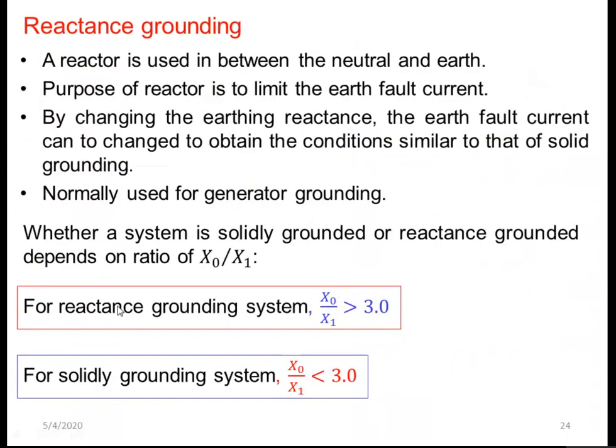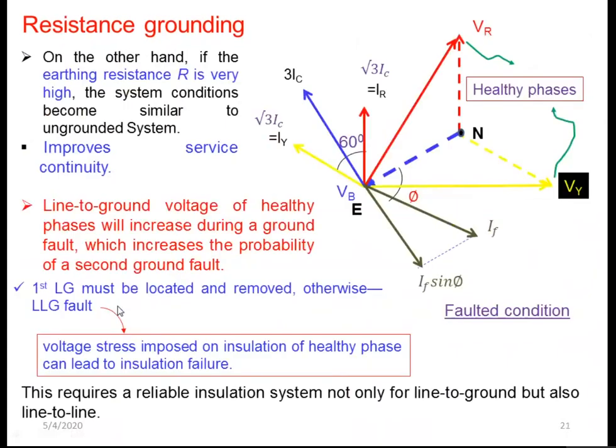But if you refer to the case of resistive grounding, this is the fault current, and it is this component of the fault current which is in phase opposition to the resultant capacitive current. So that means there is still some magnitude of current here. It will be this one here, I_F sin phi or cos phi actually. So that magnitude of the current will still flow.